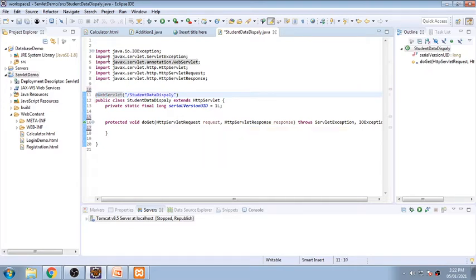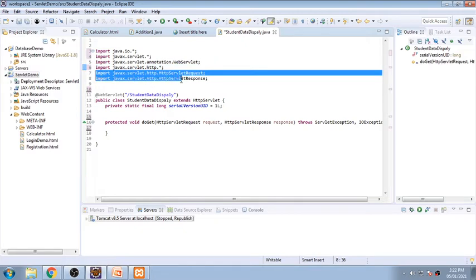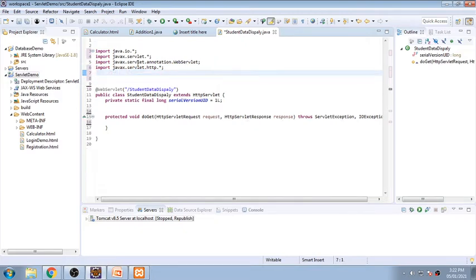Here I need to use the IO package, so I am using io.*. I want to use servlet.* and I want to use http.*. We'll remove the remaining packages because these are class names. This is one more addition, for the purpose of WebServlet, because your URL path is defined using this. Whenever you are using this ready-made tool, you keep it as it is.